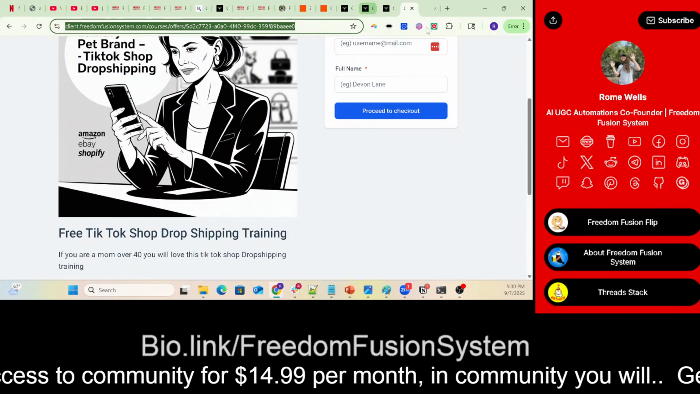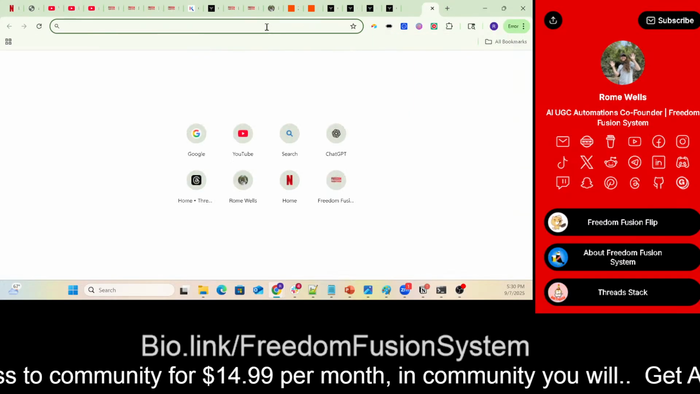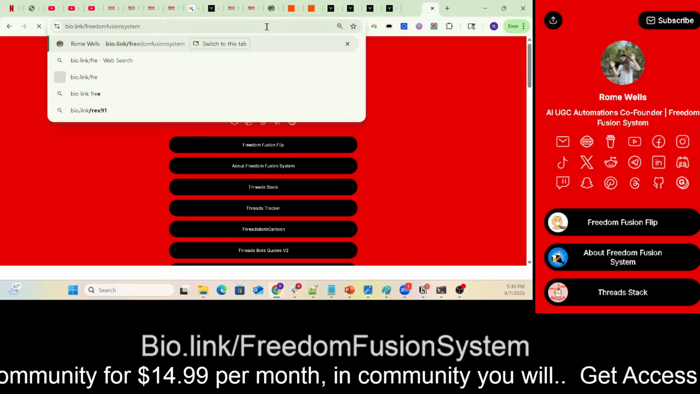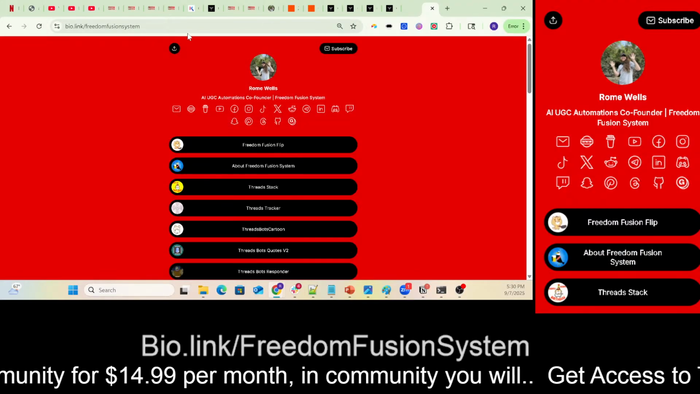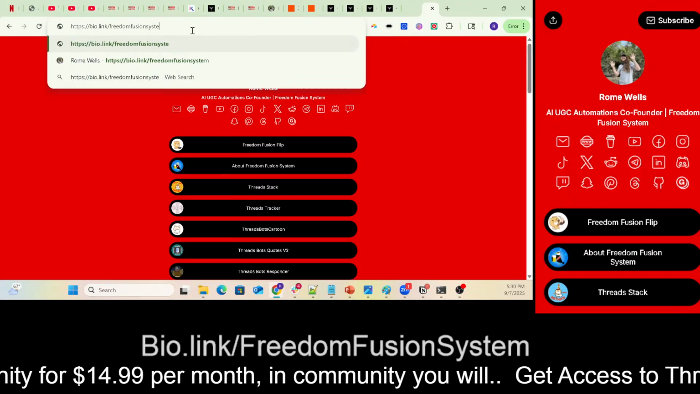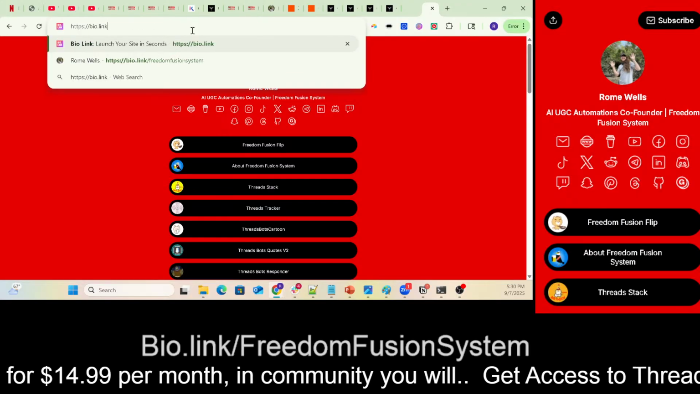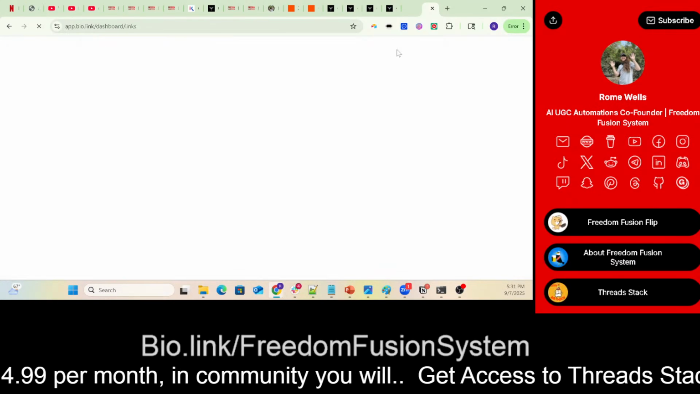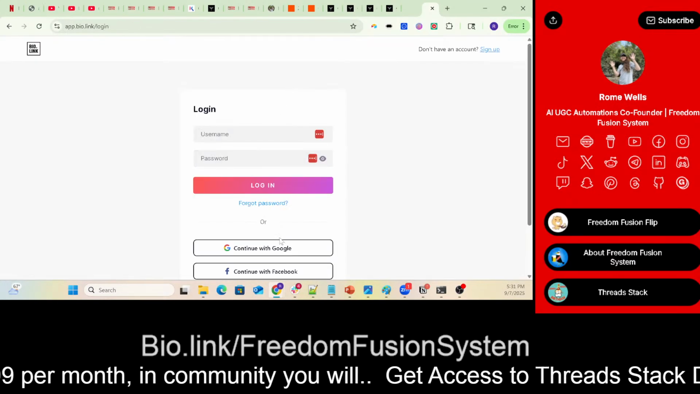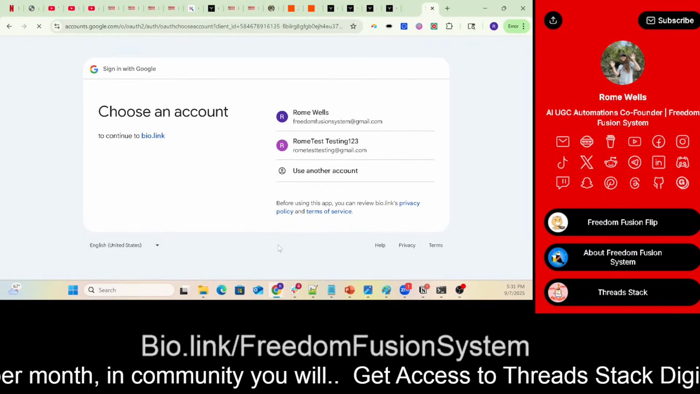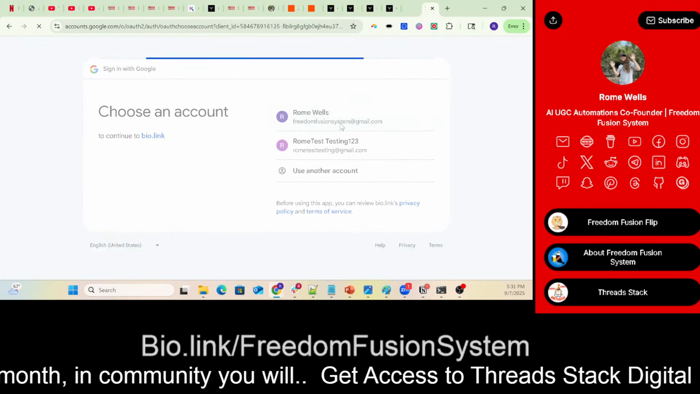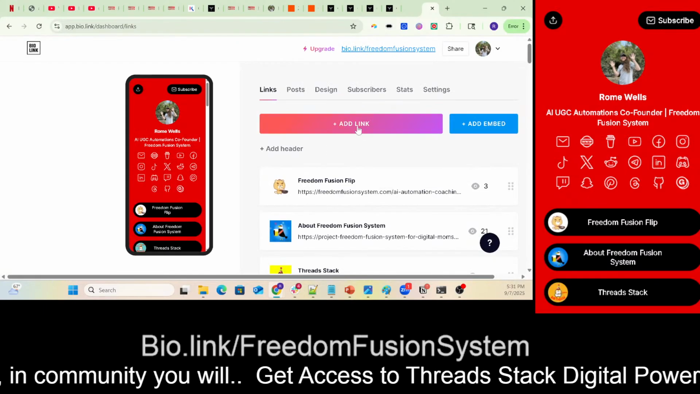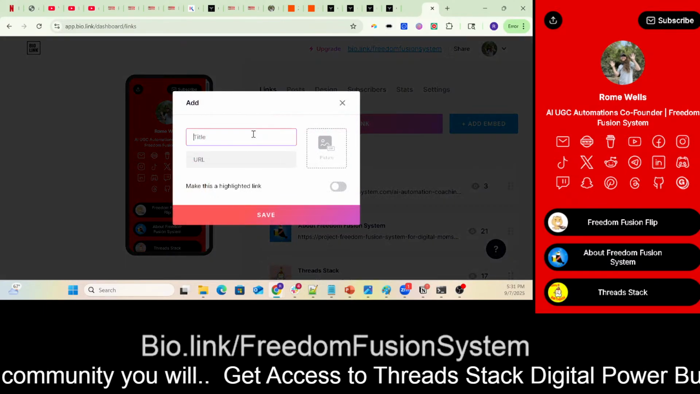This is how I do it. I go to buy link, and this is what you want to be doing: operationalizing your latest or greatest offer directly into your buy link. I open up the buy link and include continue with Google. Right away I'm picking Ron Wells, and I'm going to add that link. I'm going to include it as TikTok shop